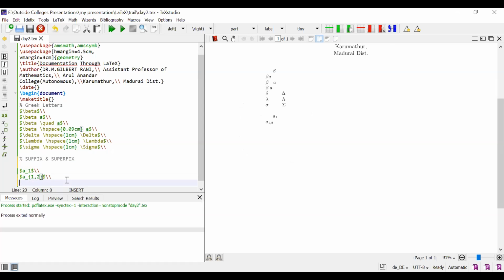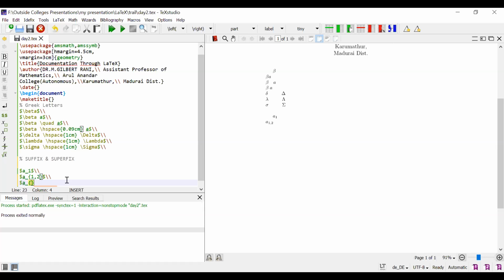Next, I want to fix suffixes for some equation, that is A underscore, just put a brace. This brace indicates that whatever you write in between the braces, the execution collects all the things within a single capsule. Okay, single capsule.